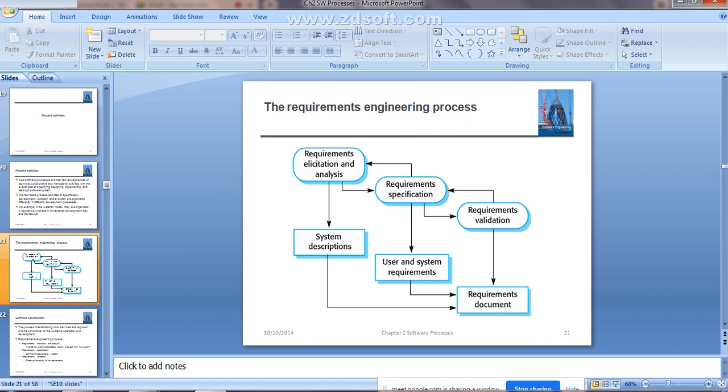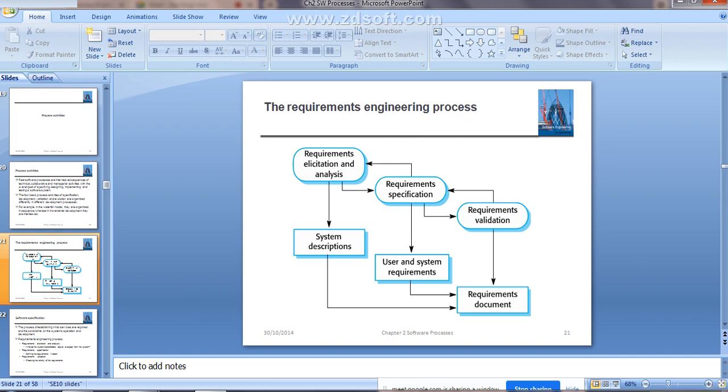It will help you to understand the system to be specified, and what different types of services you can get from this system.